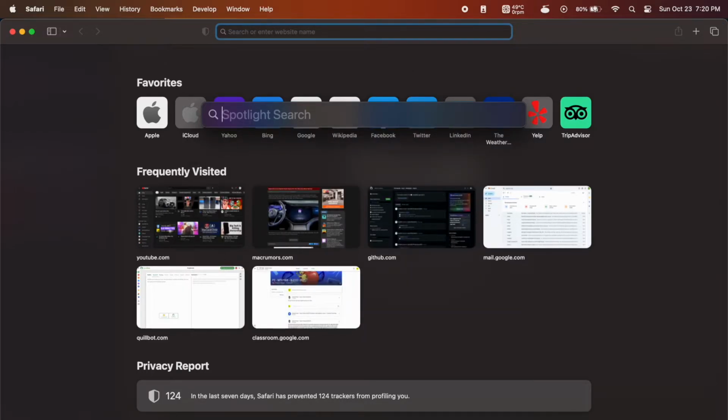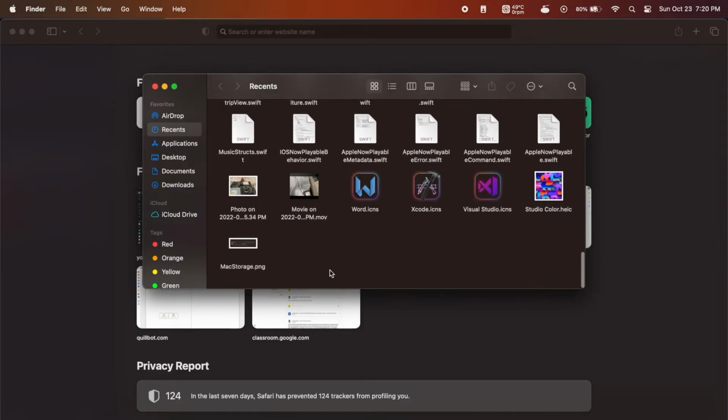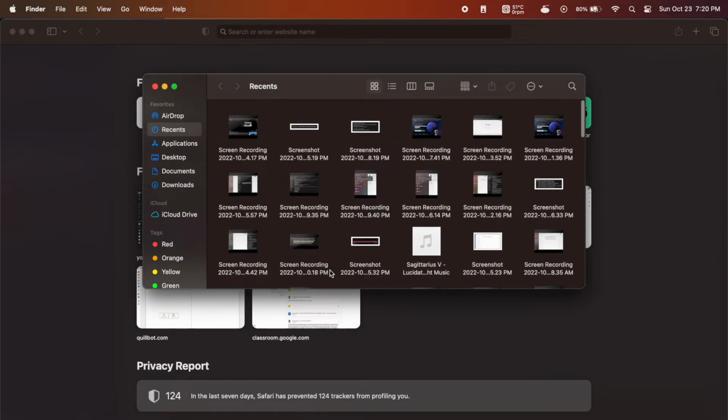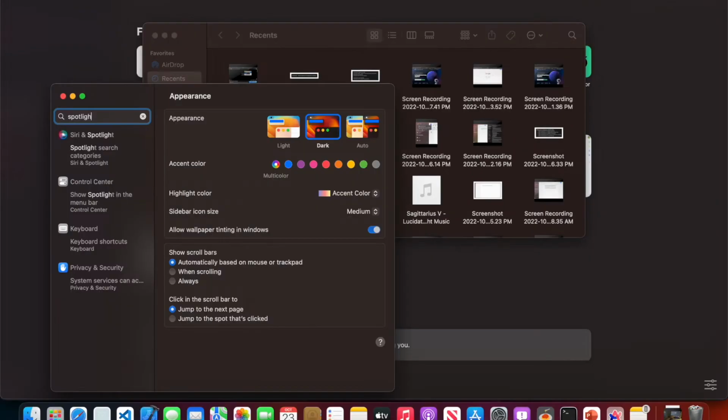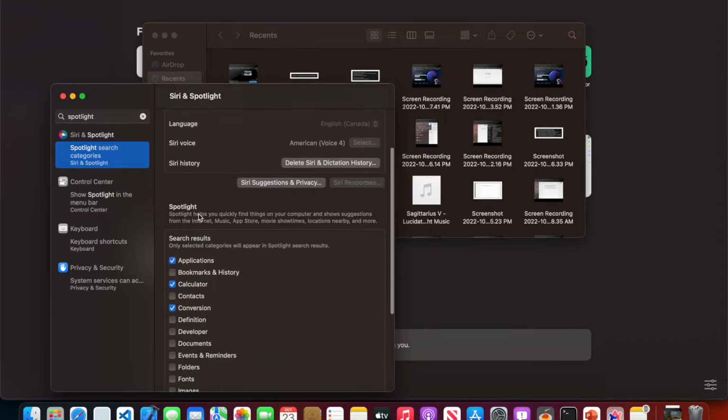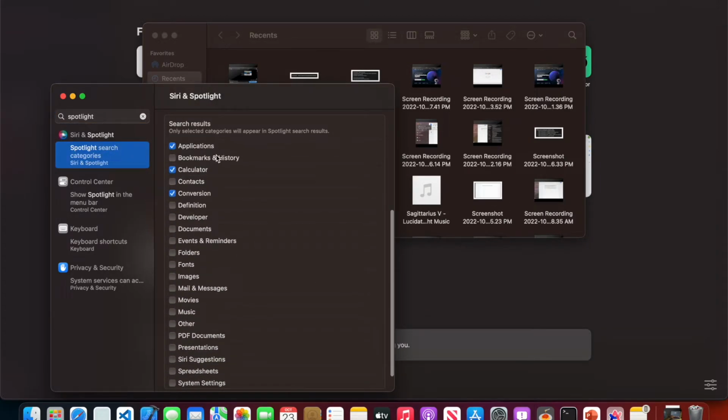But the problem with Spotlight search is that it searches through the entire system. Basically, it looks at every file you have and saves it on one file that works as a database in your Mac. And the problem with that is searching through the system takes a lot of energy and you may experience battery drains. To fix it, you go to System Settings, search for Spotlight, and enable only these features: Application,